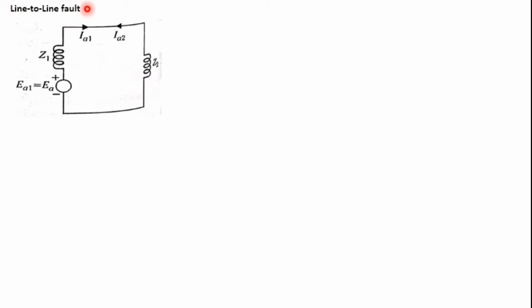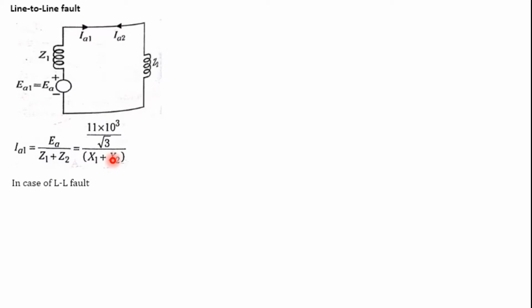For the line to line fault, what is the expression for the interconnected sequence network diagram? These two are connected in parallel. This is the positive and this is the negative. The current flowing is the same for the negative impedance. So we can write IA1 is equal to EA divided by total impedance. What is the EA? We already know that it is 11 kV, and the root 3 is for converting the three phase to a single phase system. Z1 and Z2 are considered as X1 and X2.